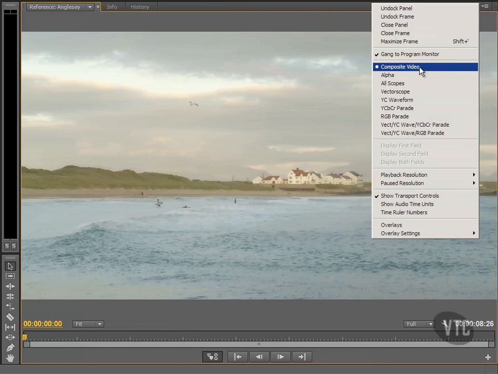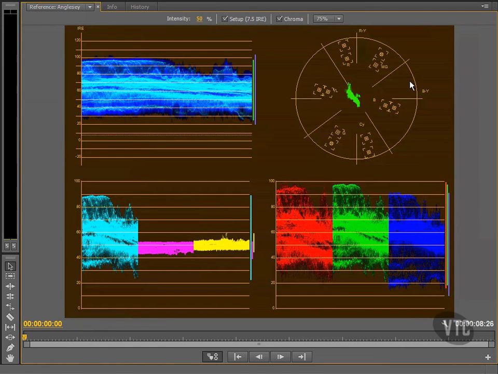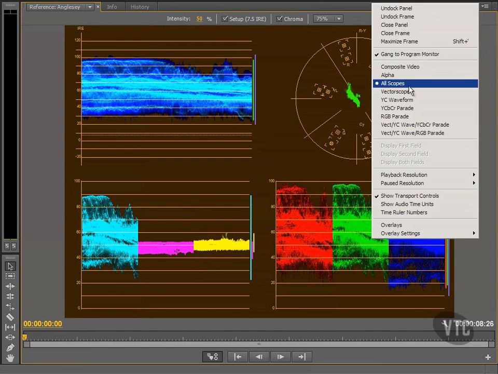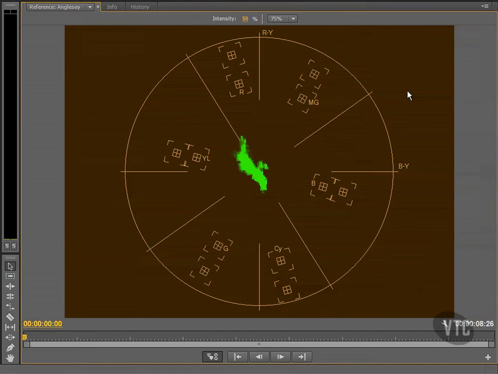But look at the multitude of options below within this category. What I'll do is I'll quickly flick through them all, and then we'll go back to a couple of them to have a slightly closer look. This one, All Scopes, is useful in that we see 4 different graphical information views about the clip's color balance, contrast, lightness and darkness areas. If you want to fill this reference panel with just one view at a time, then flick through these various options. I realize at the moment they look quite bewildering at first glance,